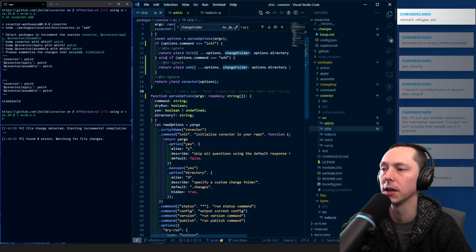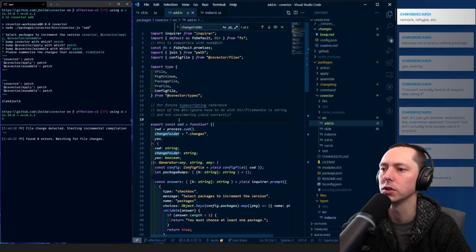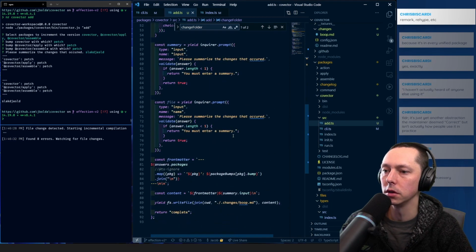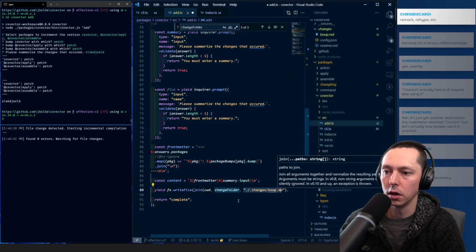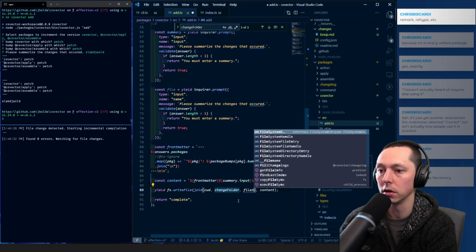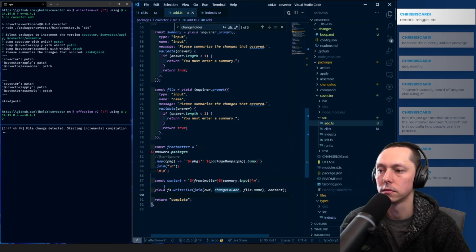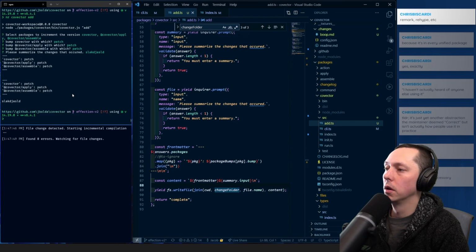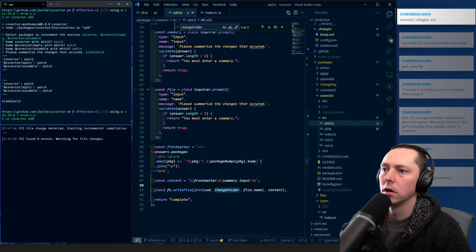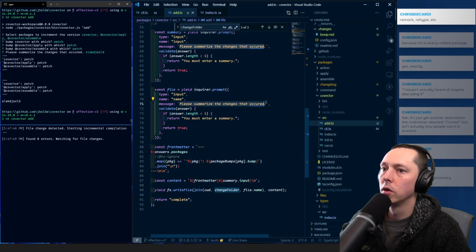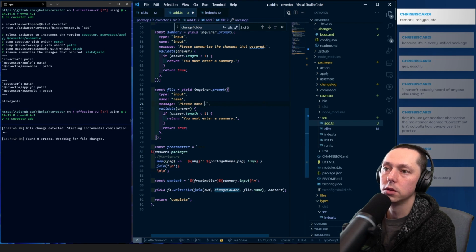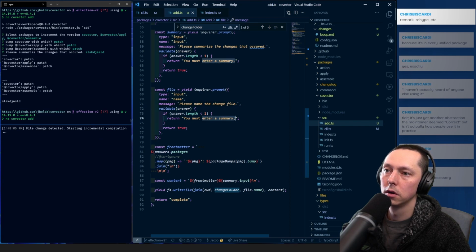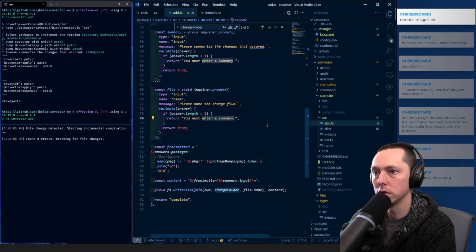So you can specify it on the command line. Kind of feel like I should also put that in the config, but we will roll with it for the time being. And we can replace this with the file.name. Please name the change file. You must enter